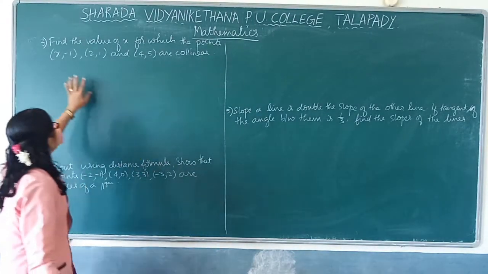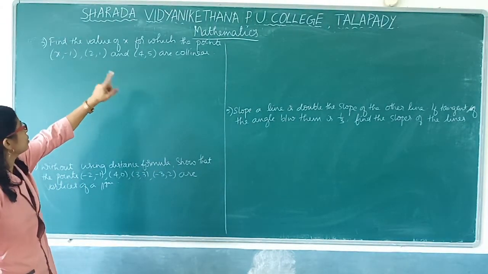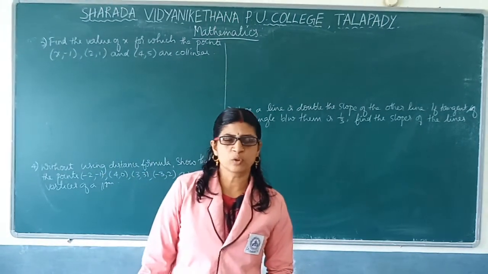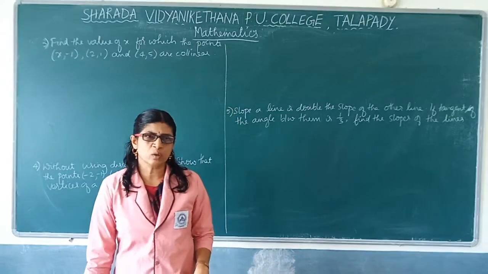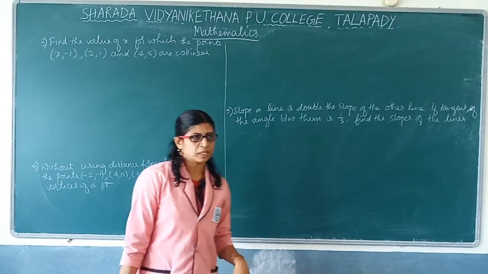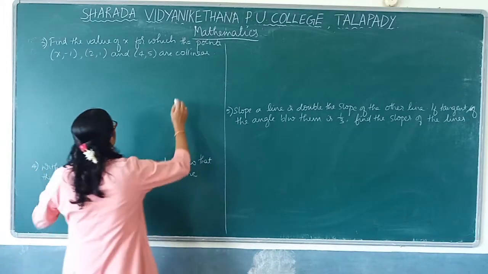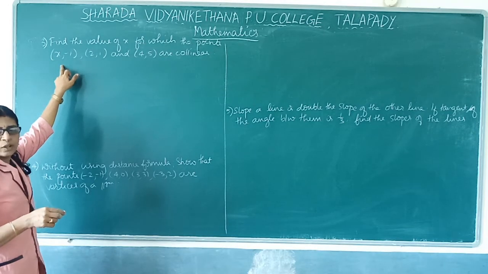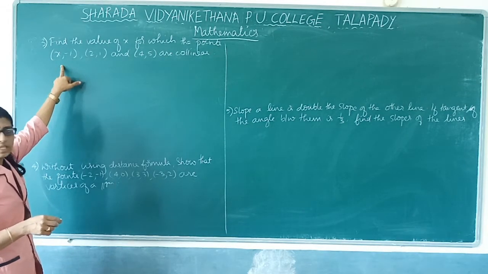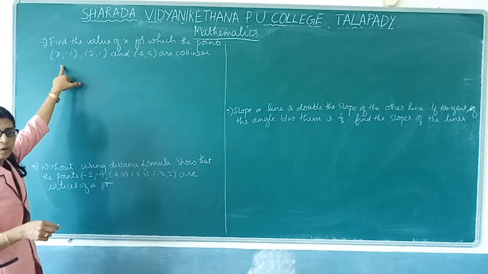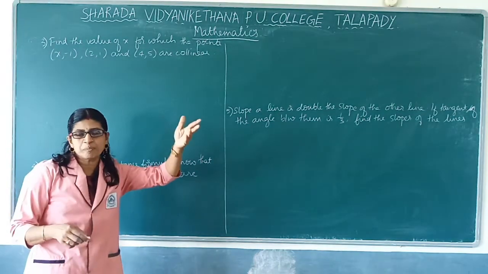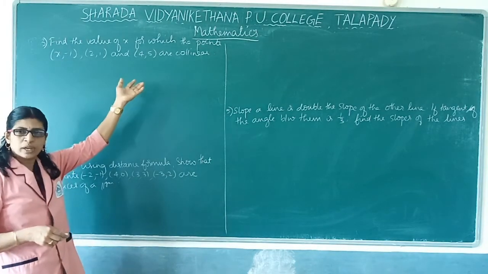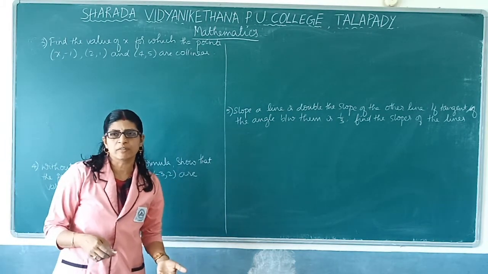Next, just look at this problem. Find the value of x for which the points are collinear. You have to prove the 3 points are collinear. We told you in the previous class, if 3 points are collinear, their respective slopes are equal. So here, 3 points have been given, in which one of the values is unknown, that you have to calculate. With that same concept we can calculate the value of x. You can name the 3 points A, B and C. Then you can find their slopes and equate them to find the value of x.